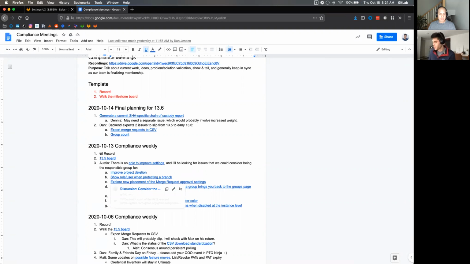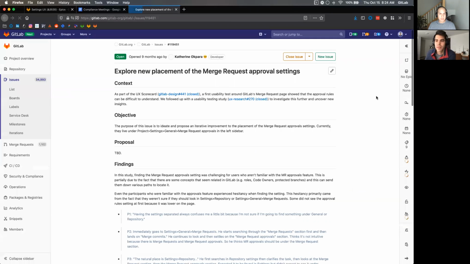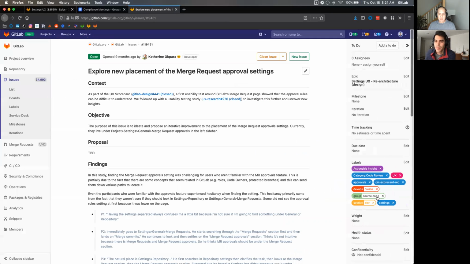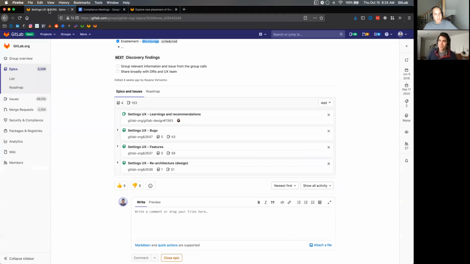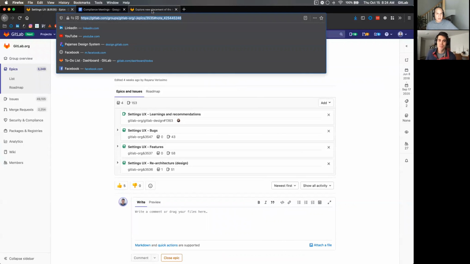Let me see where this one goes to, because I think it does have the group. Yeah, source code owns it, but we're trying to improve some of the administration of it. So it's kind of weird. We have to really collaborate with a lot of different teams that own these different parts of the app to make sure we're not breaking their entire experience. Right. But so far it's been good.